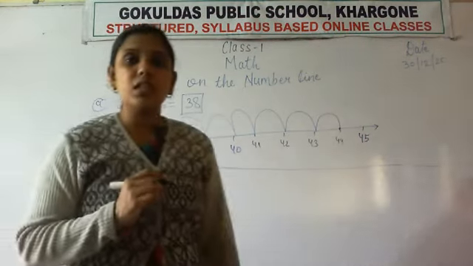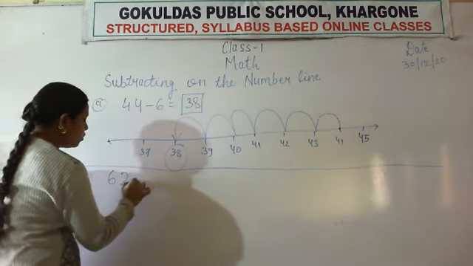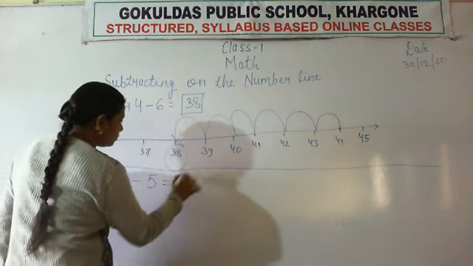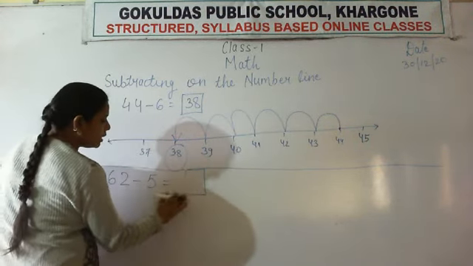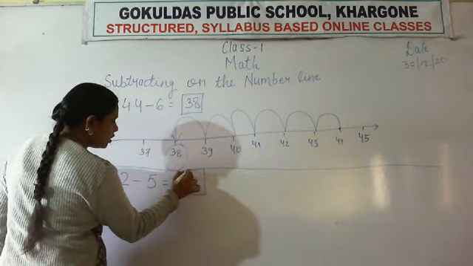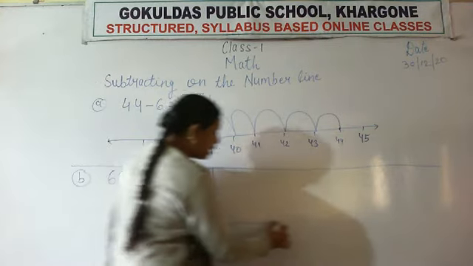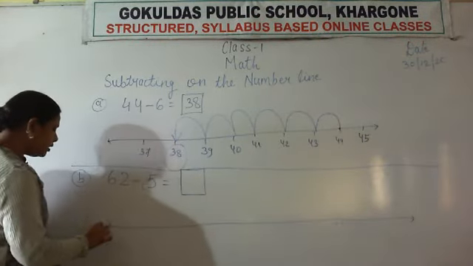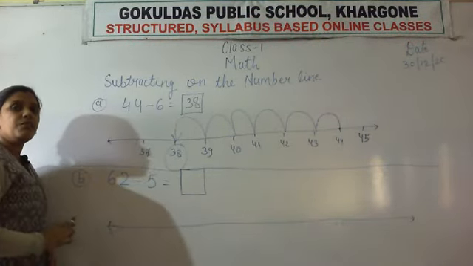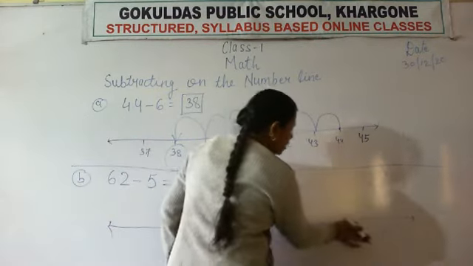B. 62 minus 5. 62 minus 5. Okay. So first of all, draw a number line, and start writing the numbers in reverse order from 63. So write